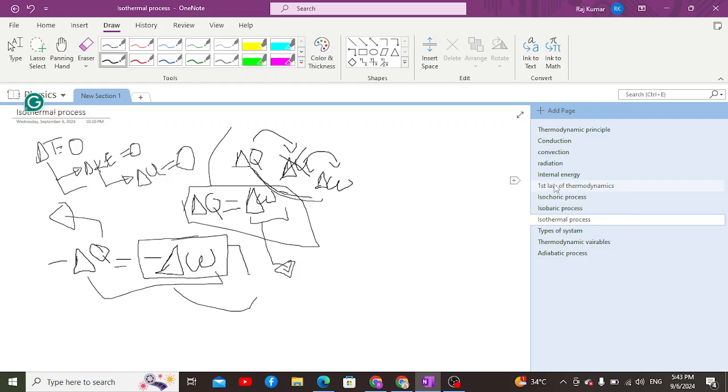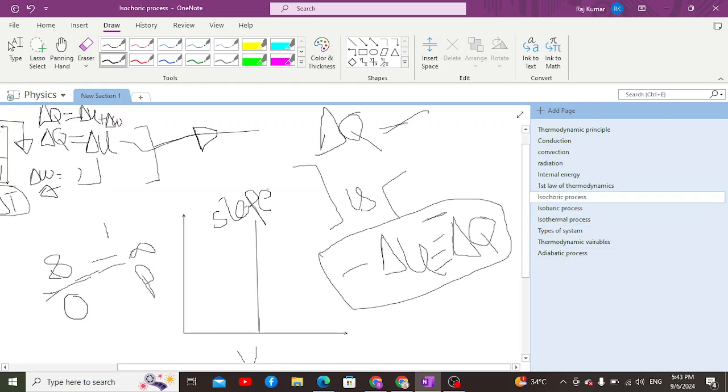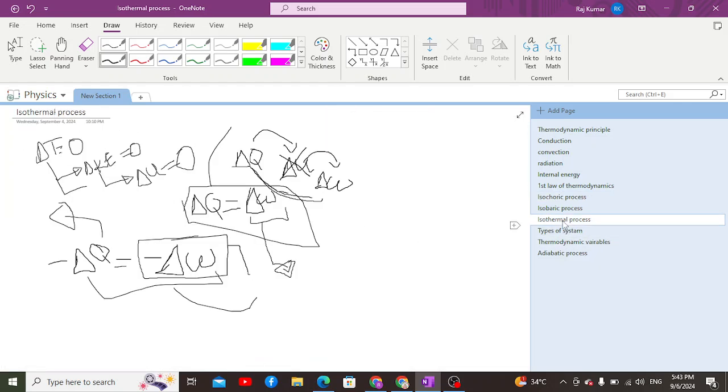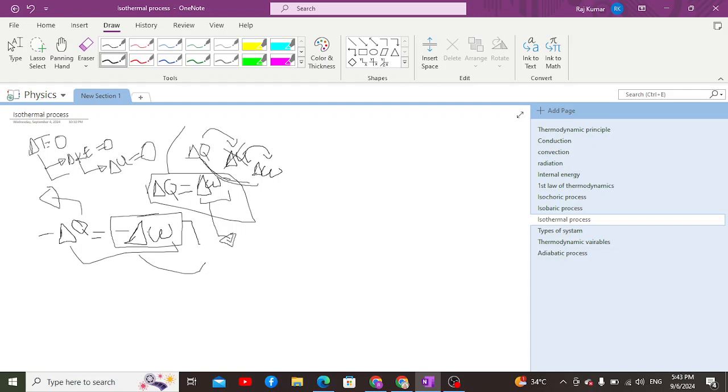If we talk about isochoric conditions, in isochoric conditions there is no expansion or compression going on. The reason behind it is that volume is kept constant, due to which work done is equal to zero. But here thermal energy is directly related to work done, and thermal energy is being directly converted into the work done.